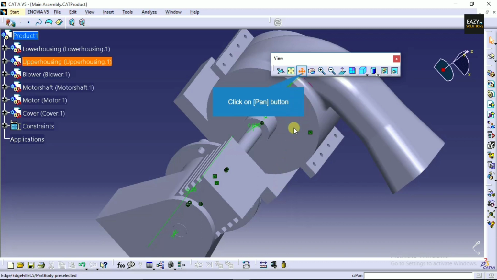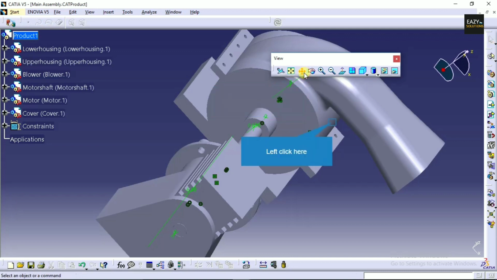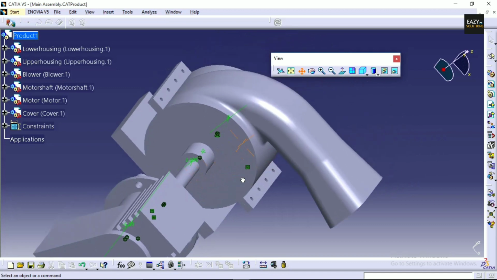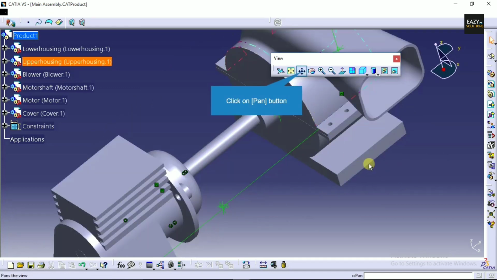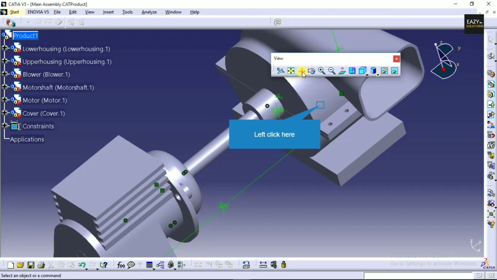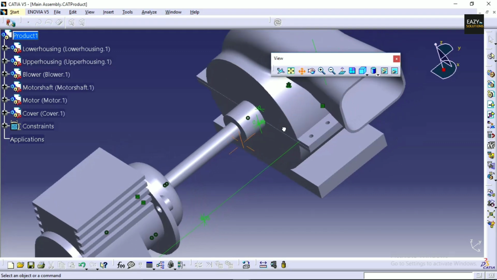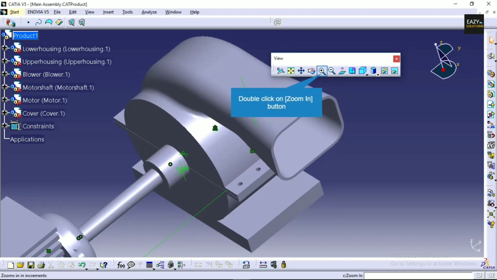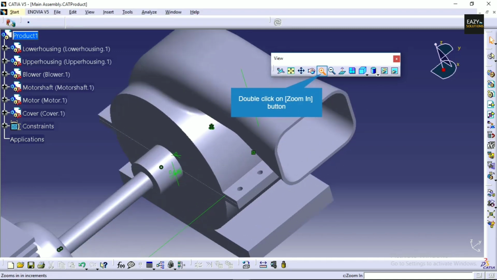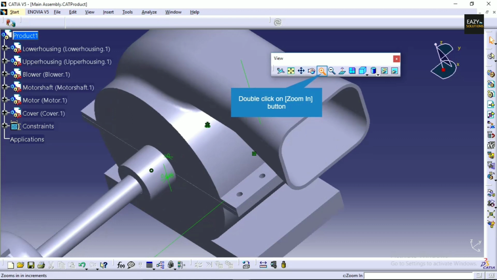Next option is pan. The pan tool is used to drag the current view in the geometrical area. This option is generally used to display the element or the part of elements that are outside the available geometrical area, without actually changing the magnification of the current drawing. It is like holding a portion of the sketch and dragging it across the geometrical area.